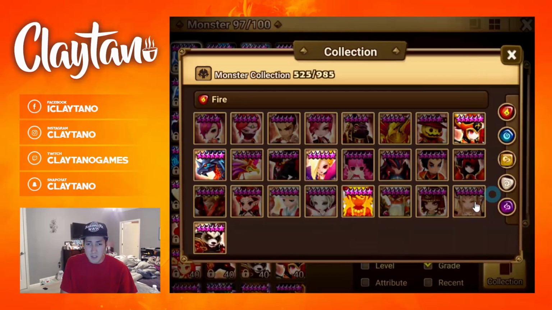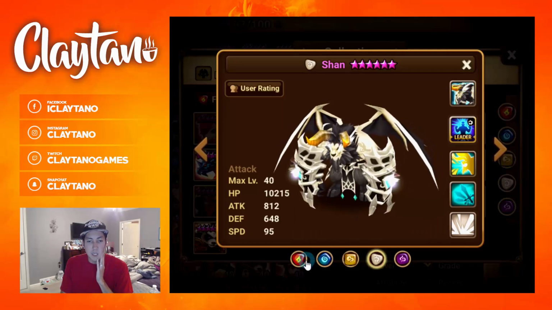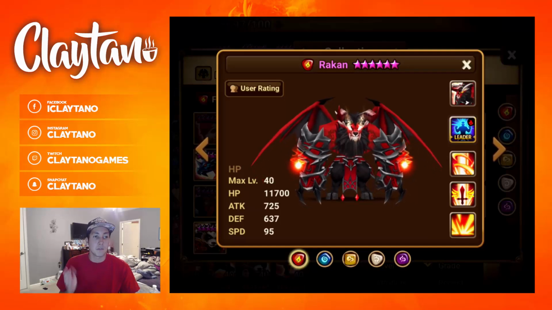Does Sean have it? Shan, whatever his name is. Let me just check real quick. I didn't even look. No, Shan's a squall. God, Shan's so OP. Anyway, this isn't a Shan review. This is Rakan. So anyway, let's go. Oh wait, we have more cons. Okay, so